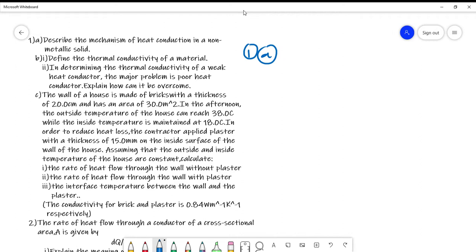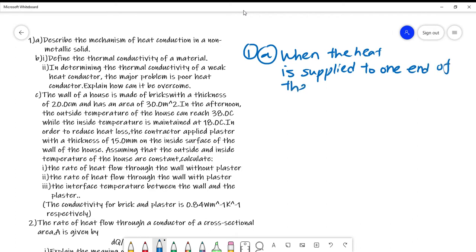Firstly, when heat is supplied to one end of the metal, the energy gained by the lattice atoms